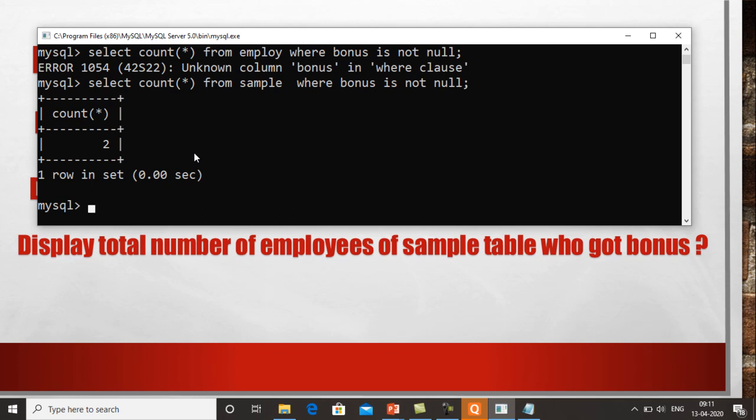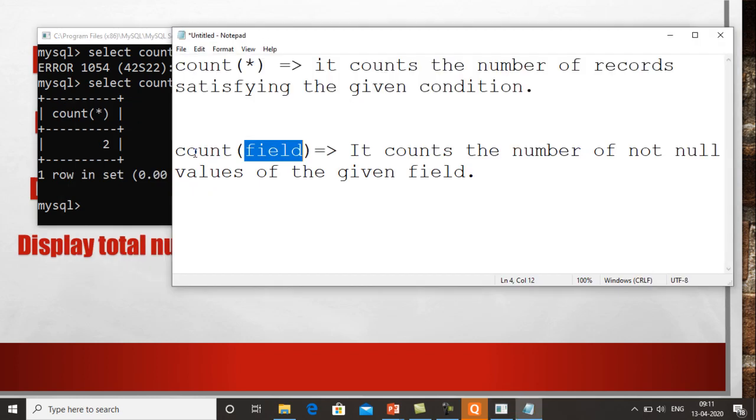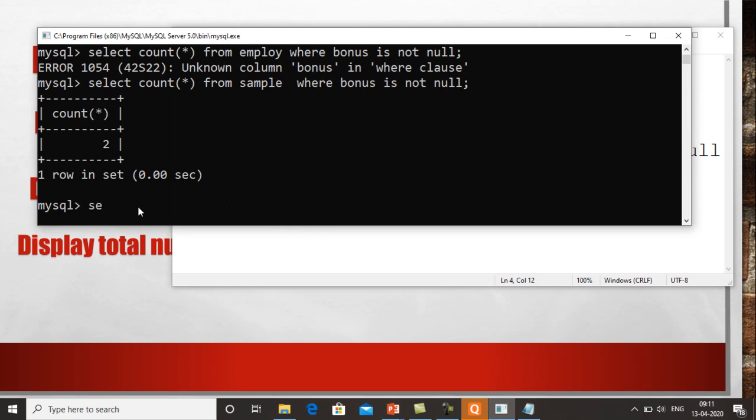As I told you, in the count you can also write the field name. So what it will do, it will count all the not null values present in that field. Suppose I write like this: select count, and I want to count the number of employees who got the bonus, so I write simply the name of that field.